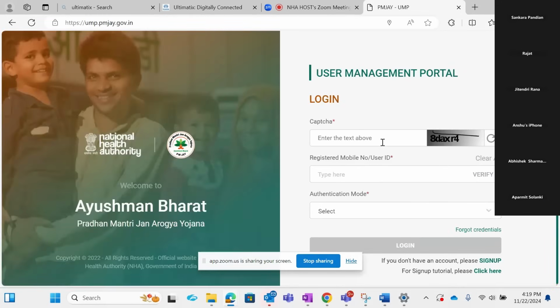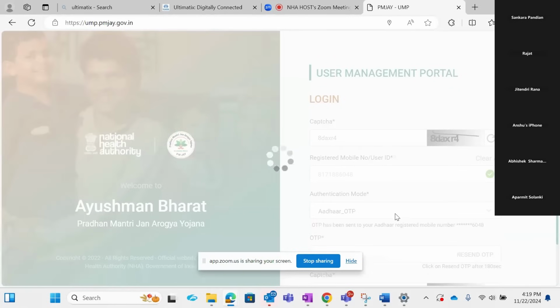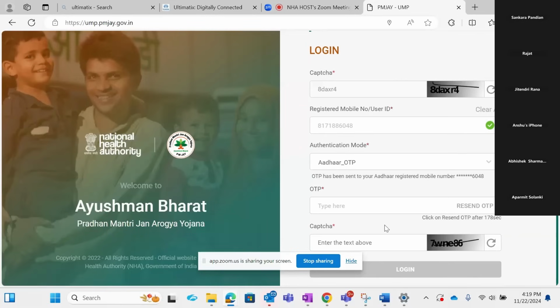So you are aware of the UMP application, right? Is there anyone who has not seen the UMP application earlier? You can let us know. Okay, because I think everyone is there on the UMP application. So why I'm showing this application is because of what you are required to do, so let's go from step one.